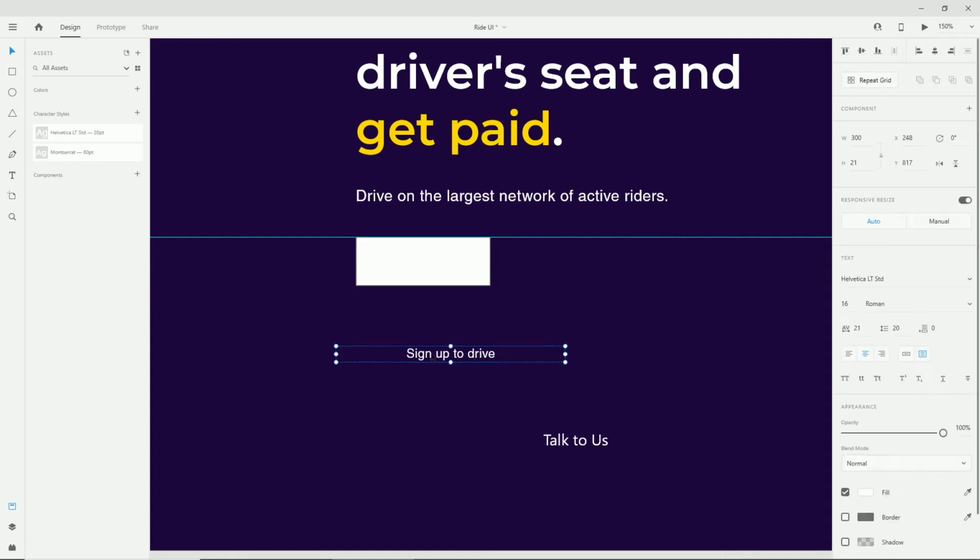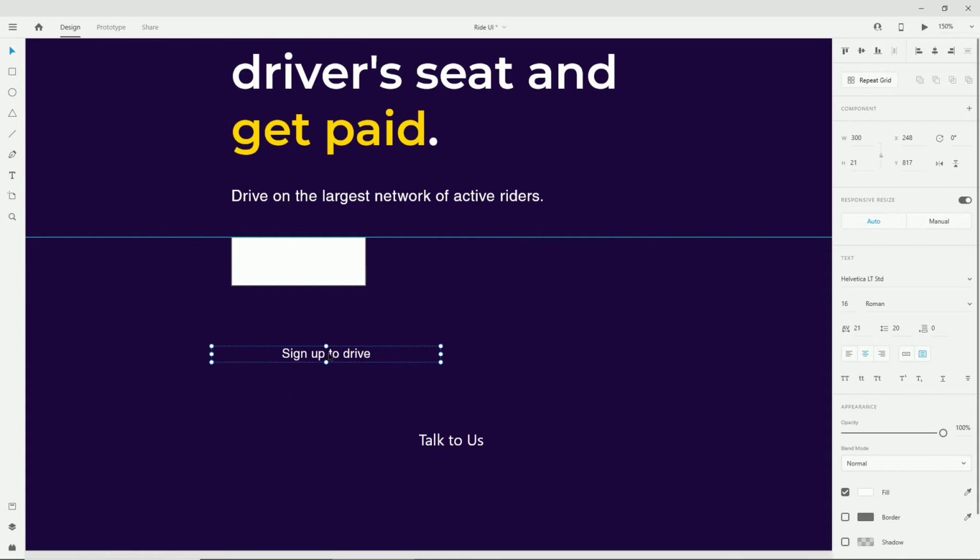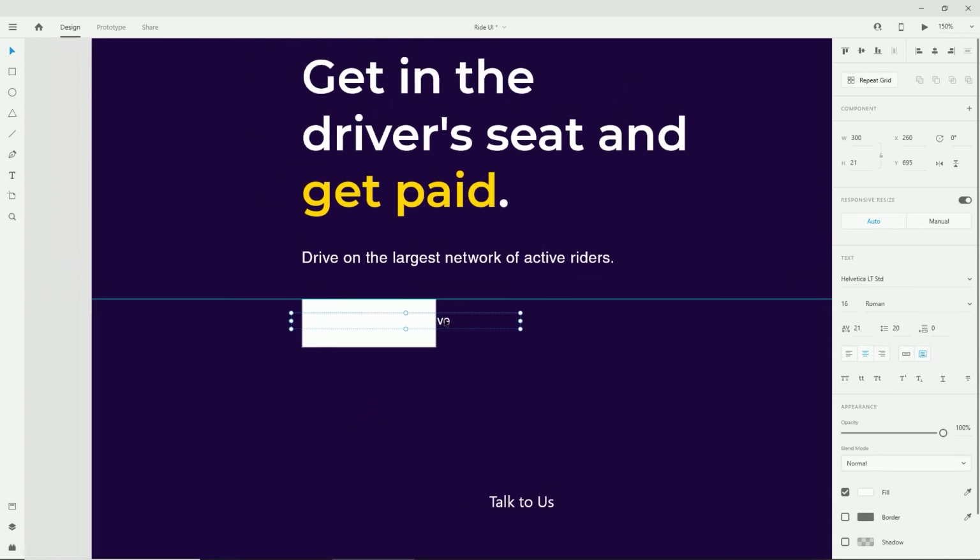And then we can select this text, make sure we align this text, but obviously now the text is white and I want to make sure that the text is this purpley color here. Also, we need to move the text to the top using command and right bracket, or control and right bracket on Windows, just like this.